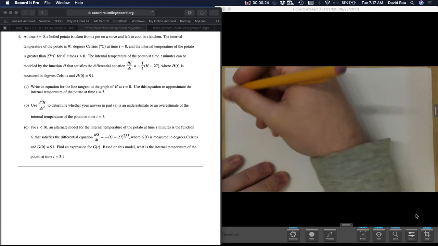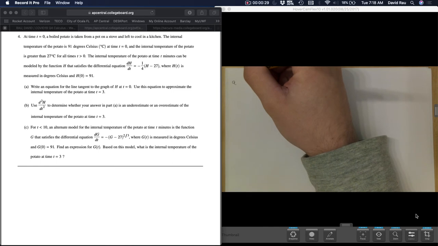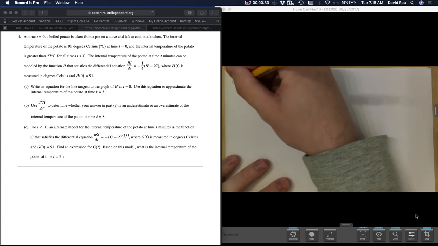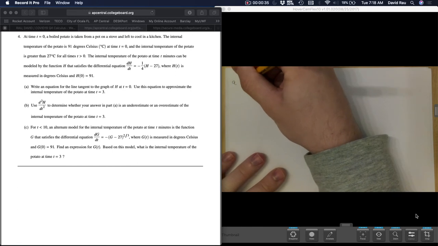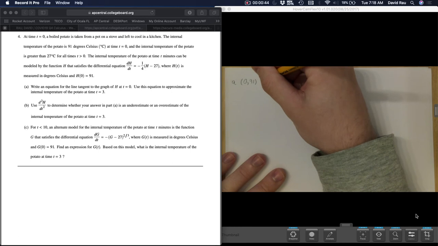So let's dive in. Number 1, we want to find the line tangent to the graph of h at t equals 0. So let's go ahead and do that. If we want to find that, we need to know what's going on at 0, and they tell us that at 0 degrees, h is 91. And that means we also need to know the slope